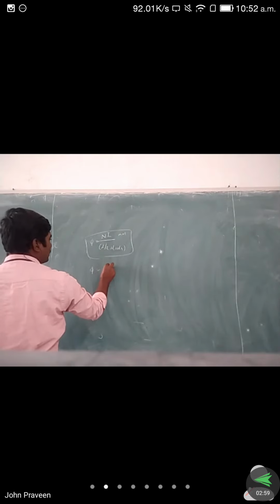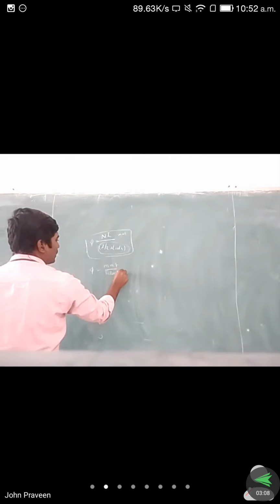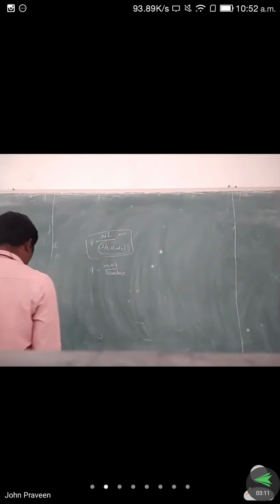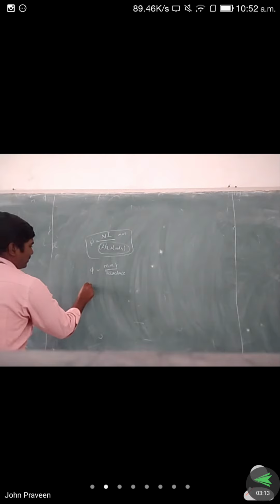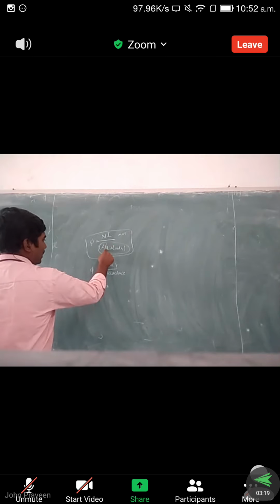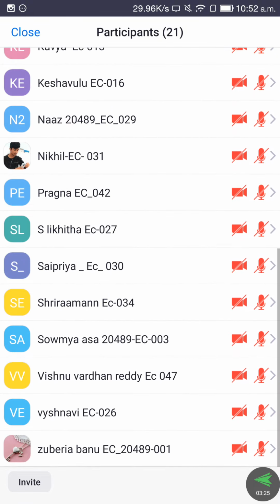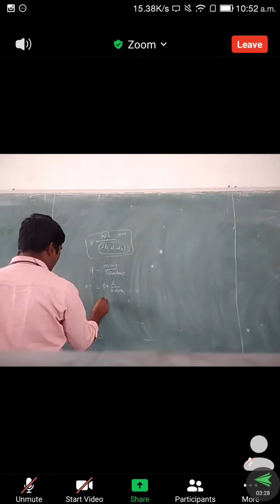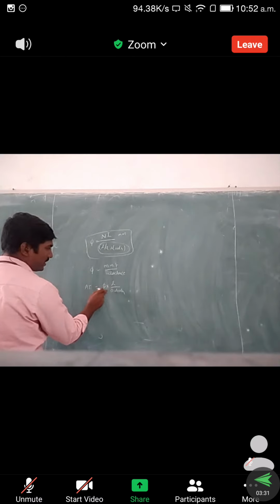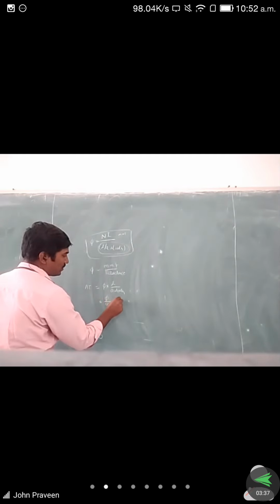So we take MMF by, this value we call the reluctance. From that, the ampere turns required is equal to phi into the reluctance value. What is the reluctance value here? L by A into mu naught into mu r. Just separating the constant and variable here, phi by A into L by mu naught into mu r.